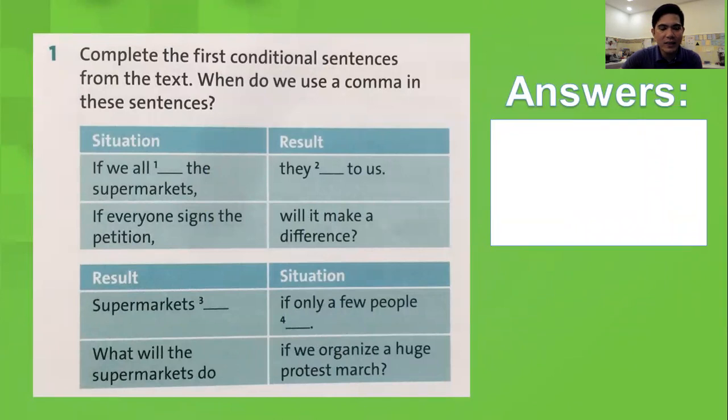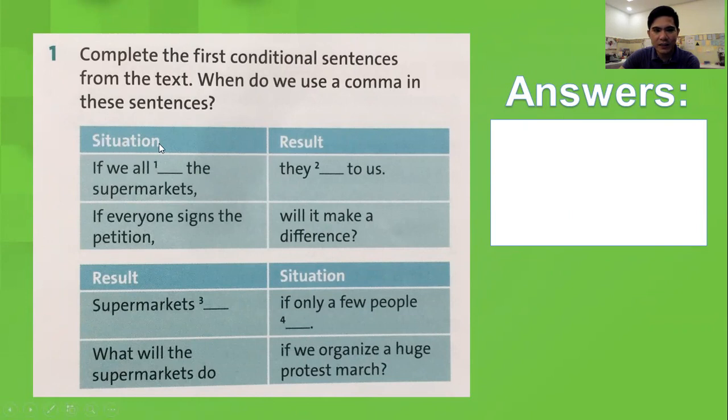I have here some statements or sentences, and we will try to answer. And from these sentences, we will have the rules. And after we've learned the rules, you will answer some exercises. All right? So, first part, you complete the first conditional sentences from the text. When do we use a comma in these sentences? That's a question. Take note,